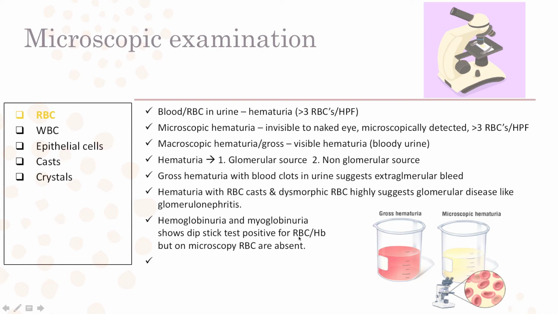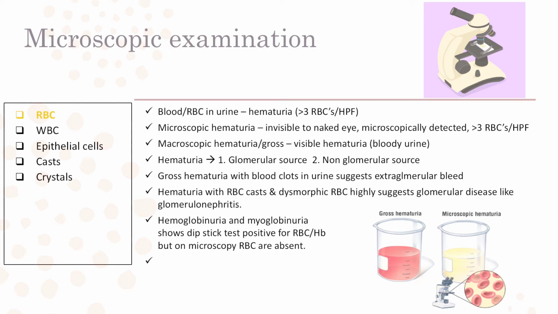Hematuria, this bloody urine with RBC casts or dysmorphic RBCs, we will study about them in crystals, in casts, the RBC cast. The dysmorphic RBCs are the abnormal shaped RBCs. Dysmorphic means the shape has become abnormal. Generally RBC is a concave shape, but these dysmorphic RBCs are of many shapes, like star shape or comma shape, like that.